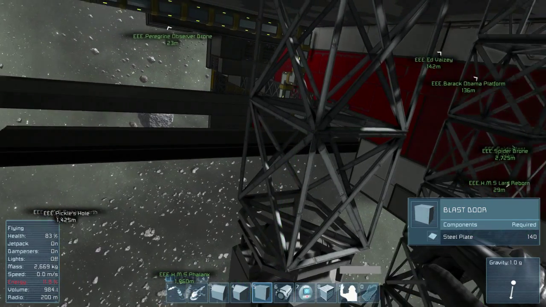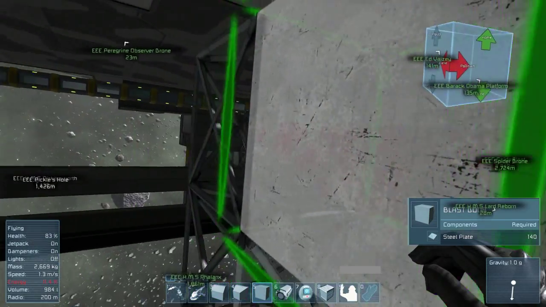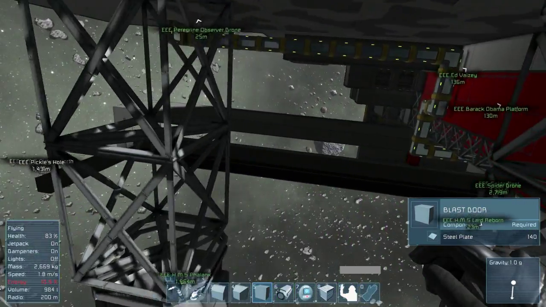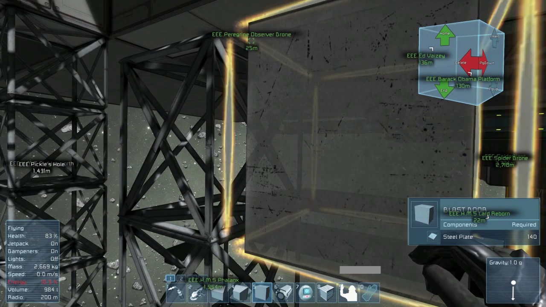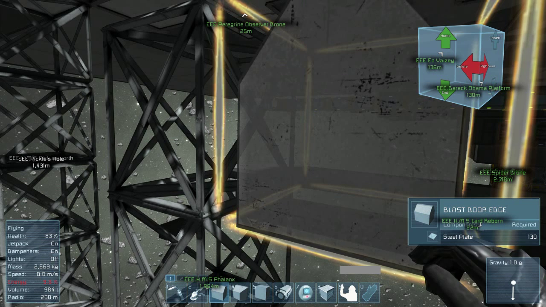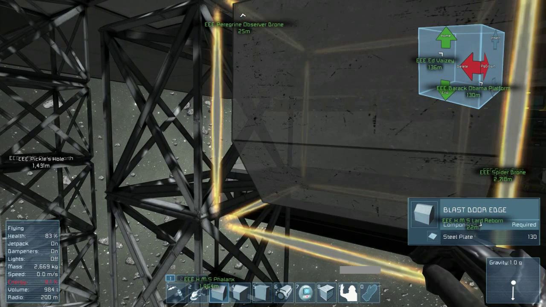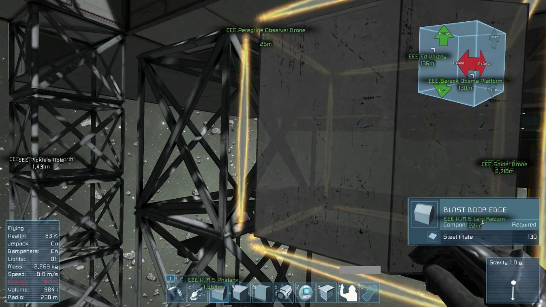Oh, am I out of stuff? Will it not let me put a blast door beside it? Or am I doing blast doors wrong? So do I need just normal blocks? Oops, not that. What's this? That's the edge. They don't want to, I guess they're...